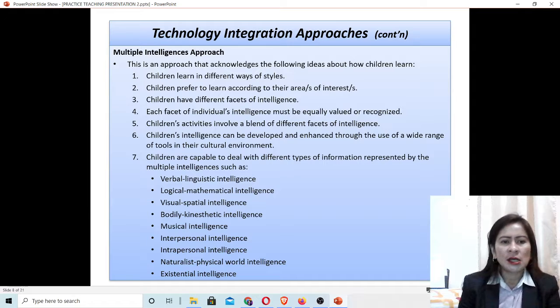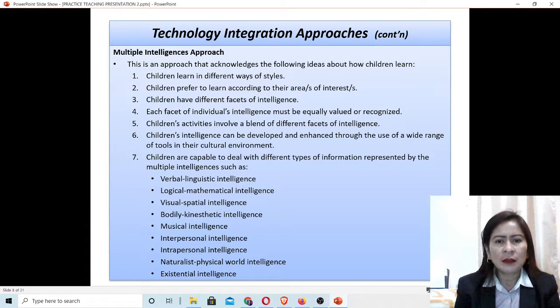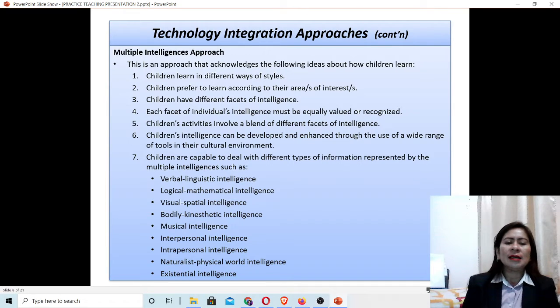Fifth, children's activities involve a blend of different facets of intelligence. Sixth, children's intelligence can be developed and enhanced through the use of a wide range of tools in the cultural environment.